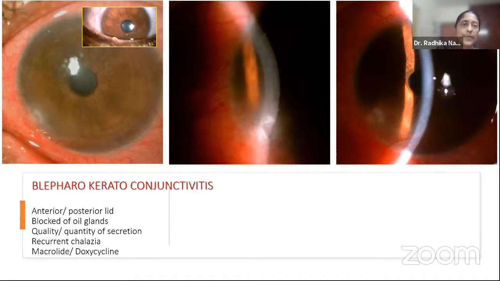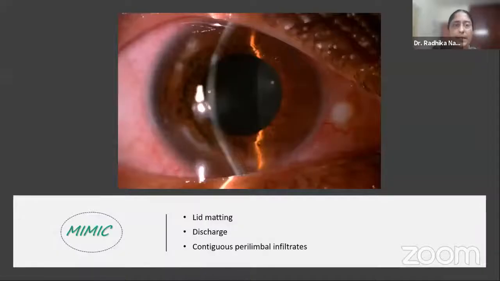Along with that, lubricating eye drops. And when there is corneal involvement, you may need to give a light steroid with always an eye on the epithelialization, with which you can see in the last picture that healing has happened. This looks much like the previous case of marginal ulcer. There is a lucid interval and there is an infiltrate, only that the eye is very congested and there is matting of the lashes, which is atypical of catarrhal ulcer. Also, you can see a little discharge in the nasal canthus.